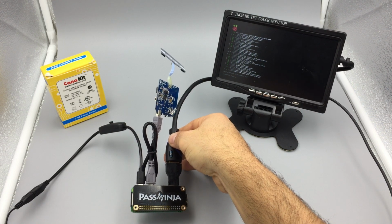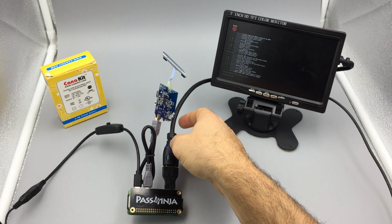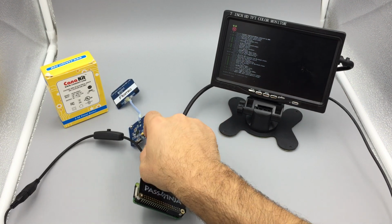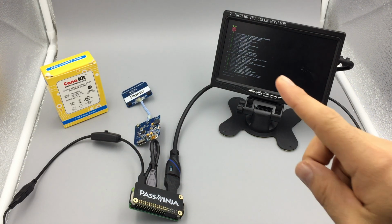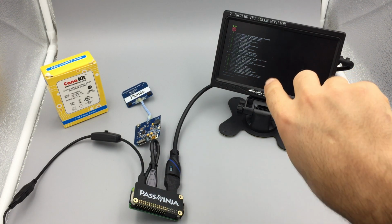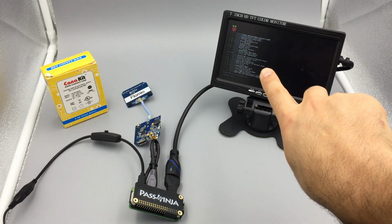Now it's completed its boot sequence. Each unit that we ship, we actually configure with your Wi-Fi information so that it connects to your local area network. Now, if you don't see that it's connecting, which you can notice by the IP address that's shown here in the boot log, then what you can do is just use a